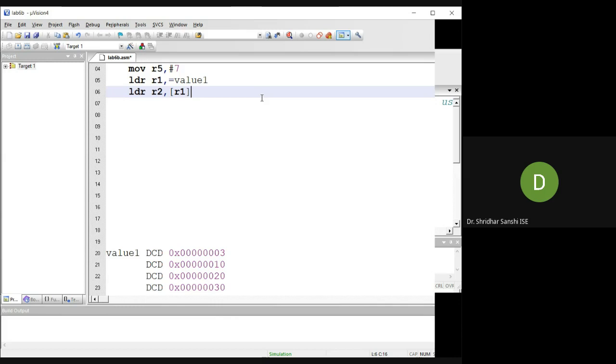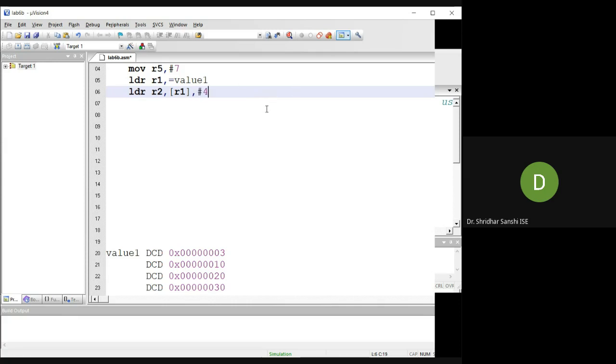This will store the first value, and I need to point to the next value. So what should be the index? It is hash 4.